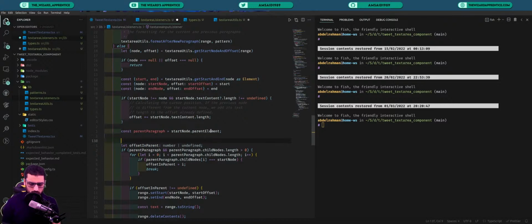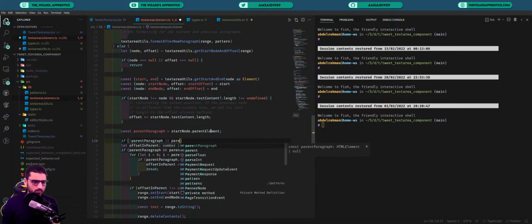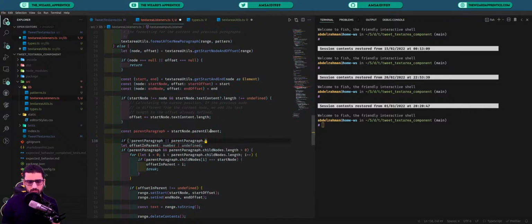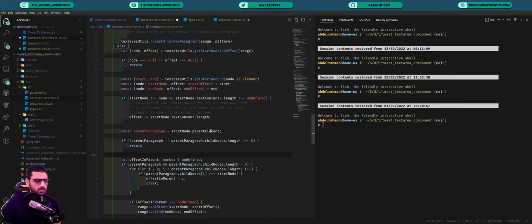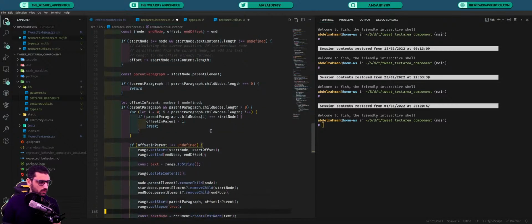So if not parent paragraph, or for whatever reason parent paragraph.childNodes.length equal 0, then again we will just return because it doesn't make sense. Otherwise we will